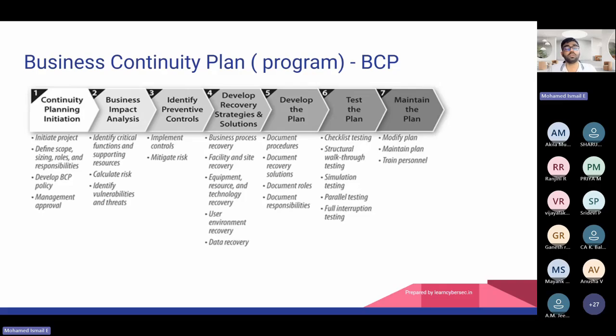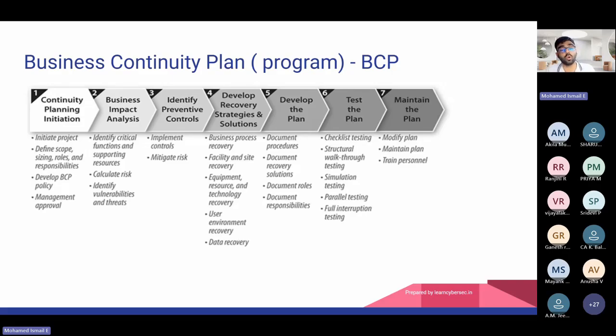Coming back to the local example, the Chennai flood. Every year, for 7 days, we can confidently say that during the heavy rain season, business will get impacted. We keep that in mind when preparing a business continuity plan. There is a senior manager and the respective department leaders who come together and prepare this business continuity plan.